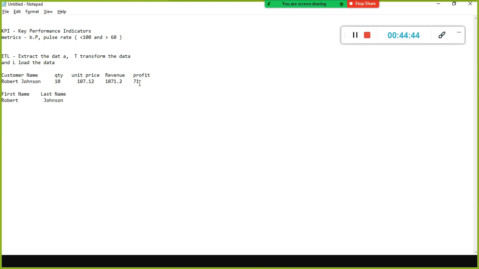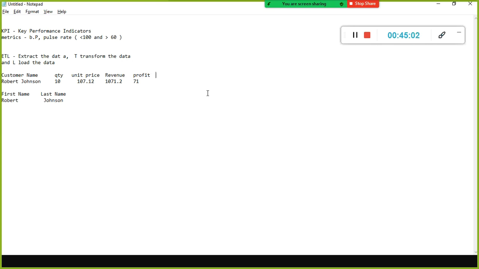So this is the formula: selling price minus cost price is the profitability. Revenue is quantity into unit price. Simple formula, okay. These two columns you need to derive. Only then can you say your data is processed well, clean and processed data.